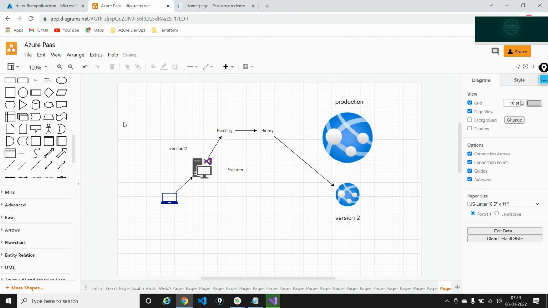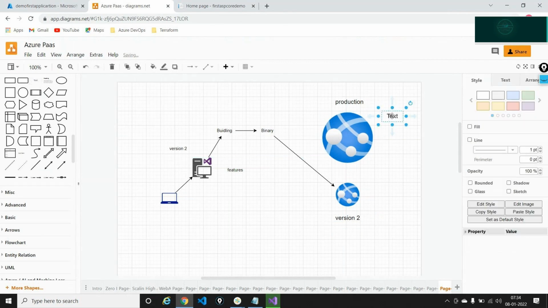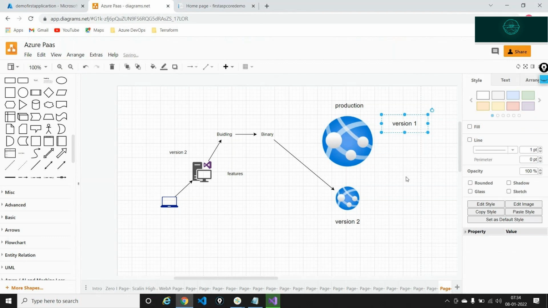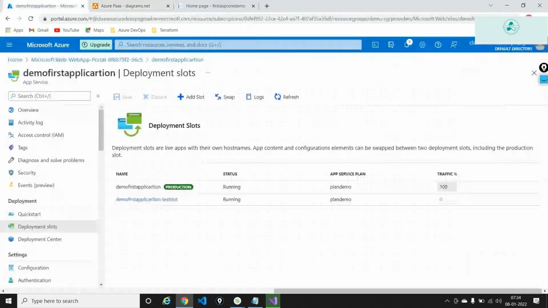And the main application, which is production, is still running on version 1. This is not disturbed. It's still running on version 1 out here. Still not disturbed.